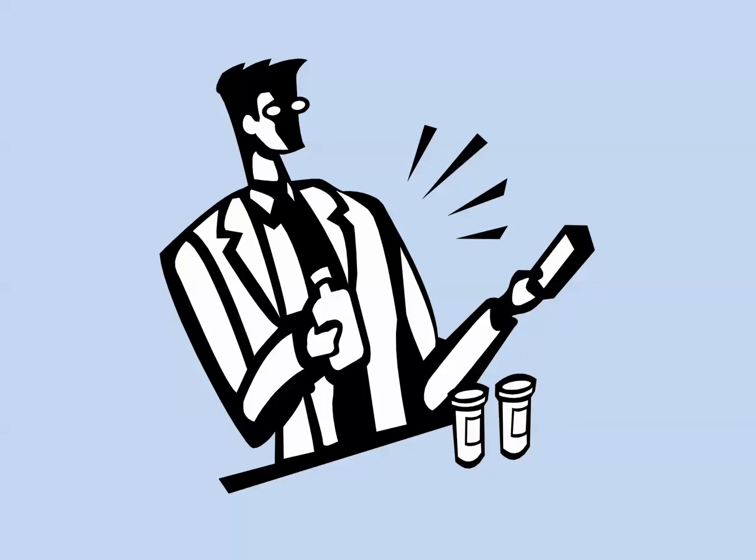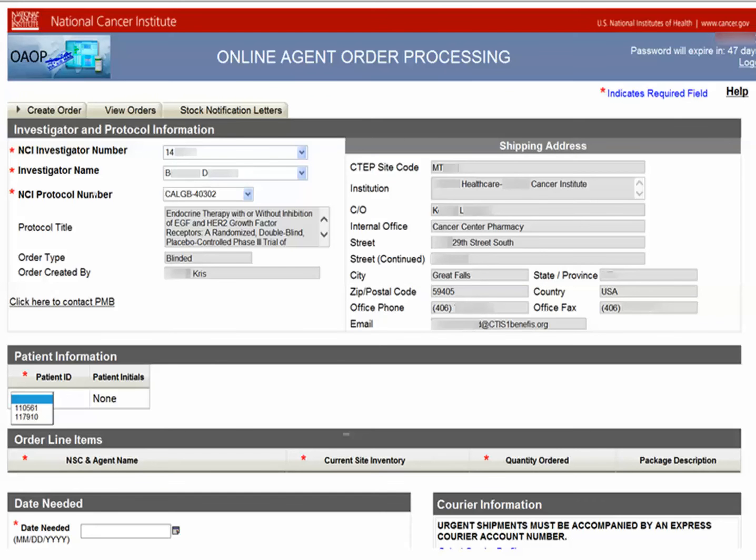Now that you've stored your agents properly, it's time to dispense to the patient. This is the easy part. You document the dispensing the same way as on the open label record, but the DARF will only ever contain one patient ID. When it's time to reorder supplies, please refer to the protocol for appropriate instructions. Specific instructions on the timing of reorders are stated in the pharmaceutical section of the protocol.